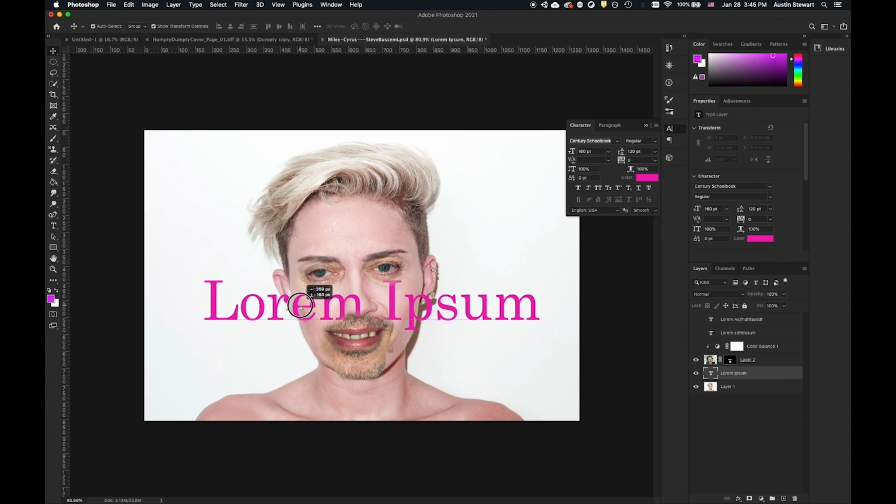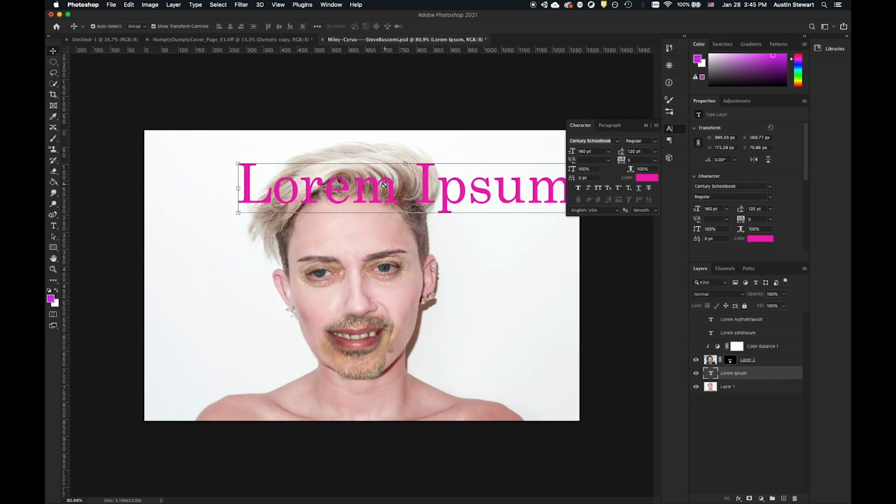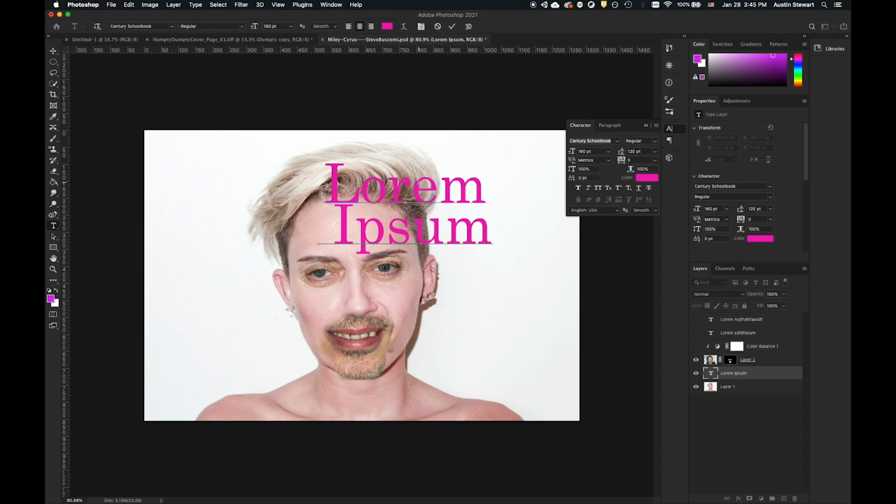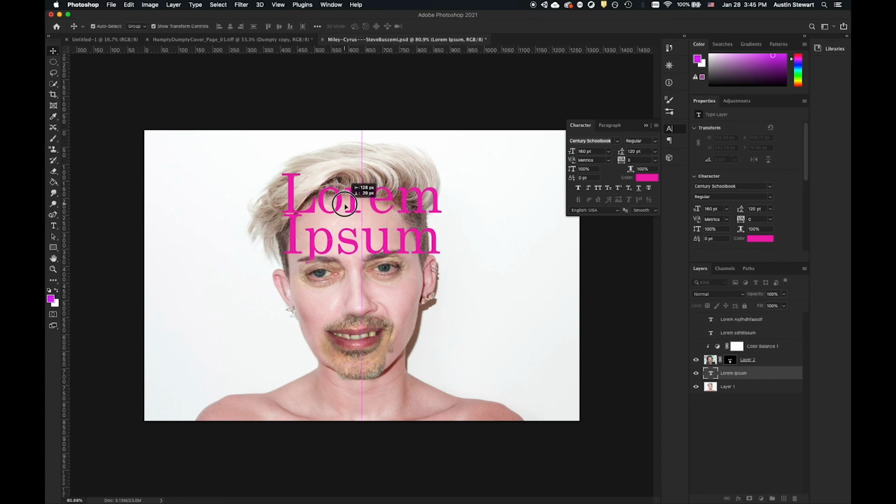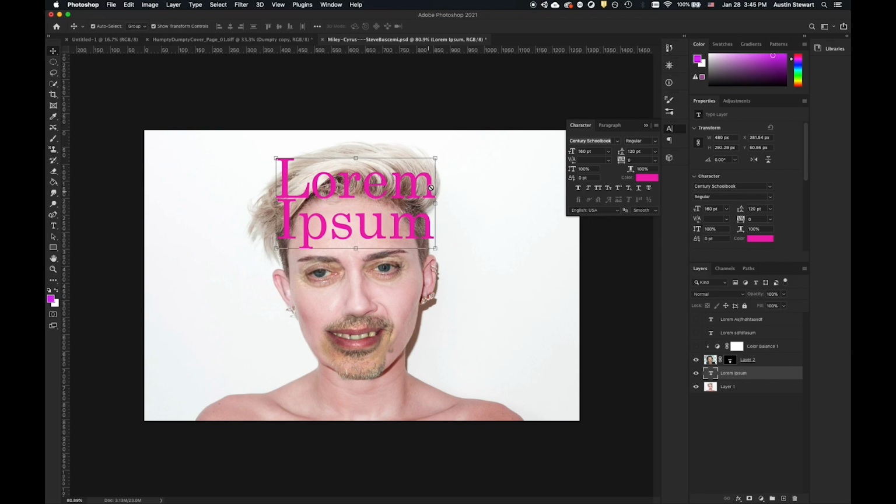Because I can still edit this, as long as I go back and select the type tool, I'm going to hit enter, and I'm going to come in here and delete a space. I'm doing this just so I can have more characters on top of the actual image of her hair and forehead, rather than have it off here in the background. So once I've got everything set here so that the text is more focused on her forehead,